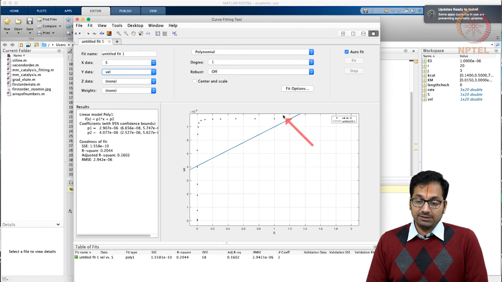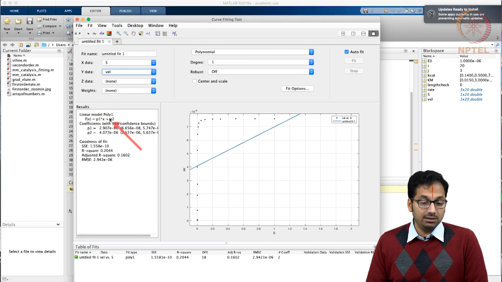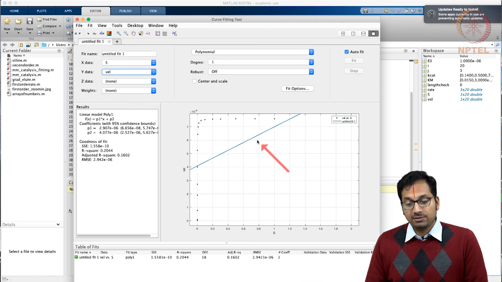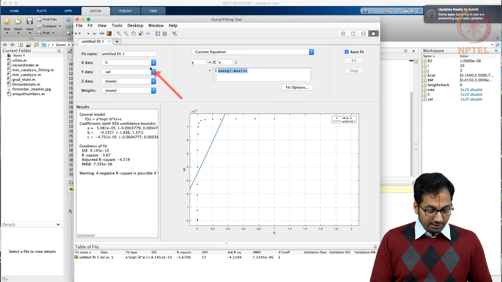And what you are able to see here is that the black dots indicate the data points and the blue is the fit. Of course, it is fitting with a polynomial equation of the first degree, basically a linear equation as seen here, and as you are able to see, the R square is extremely poor, and more importantly none of the data points pass through the fitted curve. So this indicates that it is a poor fit and we need to find something better, and since we know this is not going to be a simple polynomial equation, we can go to custom equation and rewrite the equation.